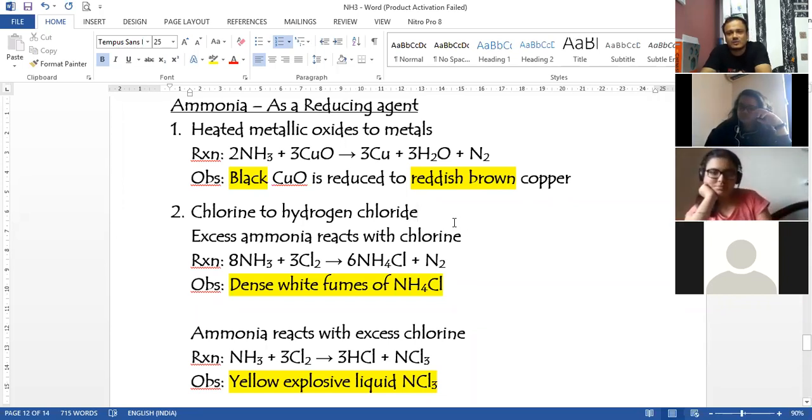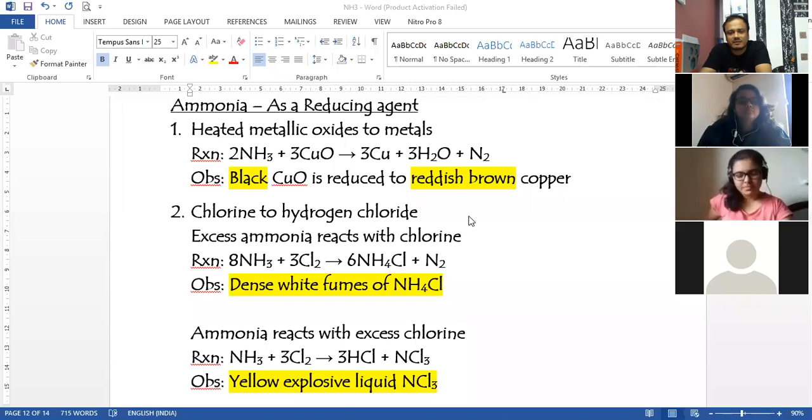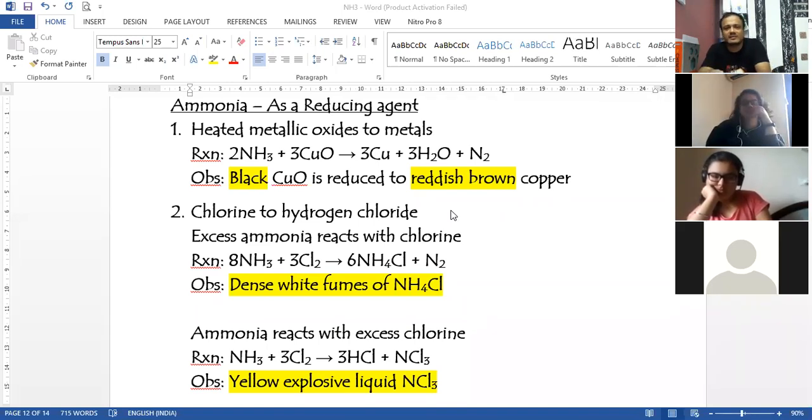We don't use pinkish because we get confused, and we stick to reddish brown because we are using reddish brown in quite a few places. Reddish brown is a color which you can actually remember easily. Pinkish is also mentioned, but that pinkish color of copper exists only if the copper is very pure, that is, recently made. The copper which is made at that particular moment will be pink in color, and slowly it will undergo oxidation and change its color. So we will not write pink. We will write the observation as reddish brown because we have studied reddish brown a lot.